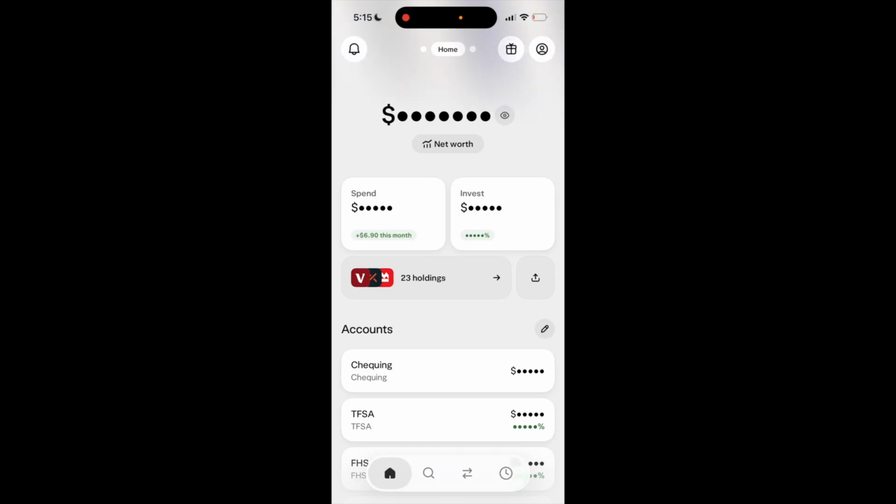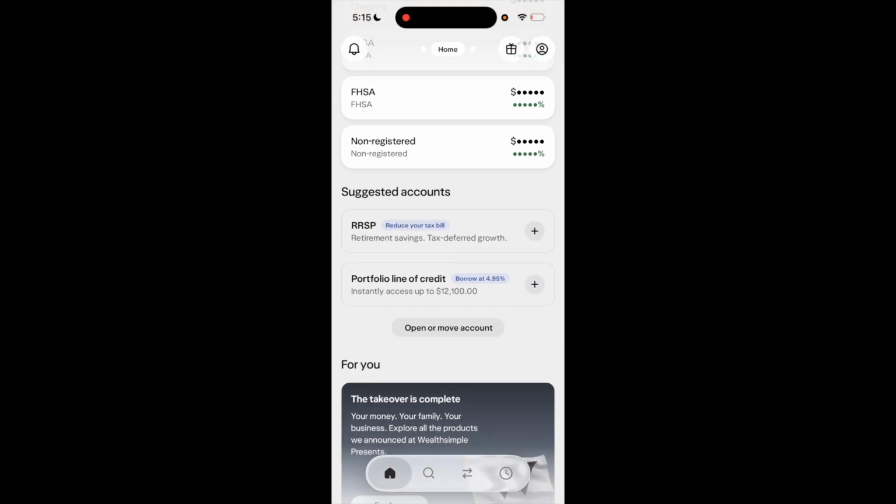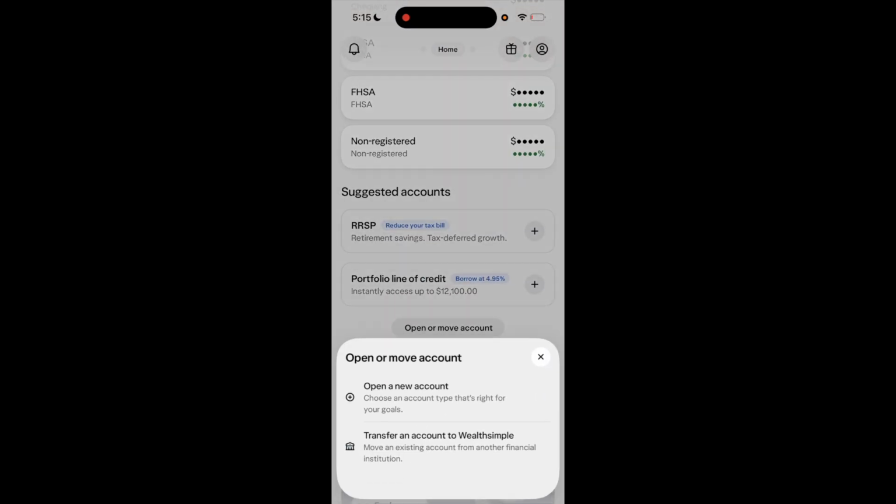So in this Canadian investing tutorial, I will be showing you how to open a non-registered investing account in Canada using Wealthsimple. So once Wealthsimple is opened up, go to the bottom left, press the home page, then just scroll down a little bit here to where it says open or move account, select it, and then select open a